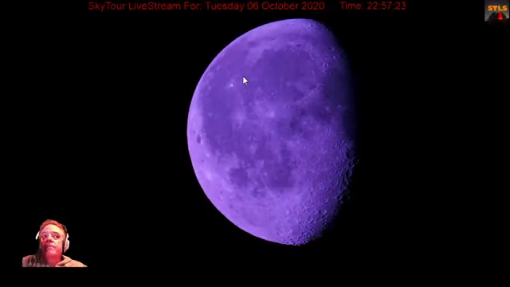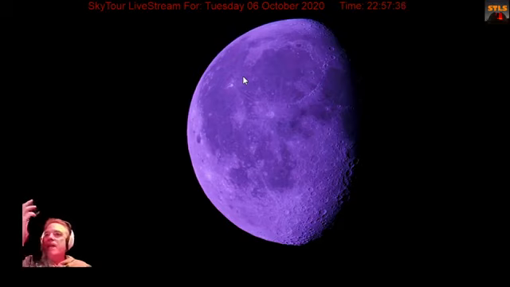I want to thank you guys for hanging out with us tonight. We're having a lot of fun. We got to see a couple of nebulae before the moon rose, and of course you saw what happened as the moon rose. It's rising in the same relative location where this nebula was, so it was making it kind of hard.